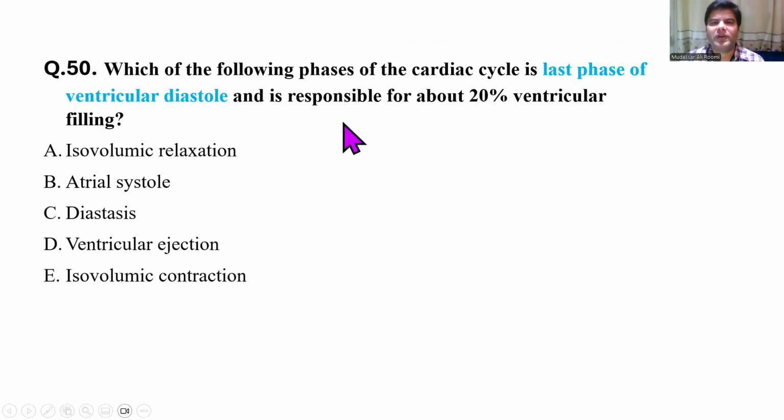Next question is, which of the following phase of cardiac cycle is last phase of ventricular diastole and is responsible for about 20% ventricular filling? And the options are A. Isovolumetric relaxation, B. Atrial systole, C. Diastasis, D. Ventricular ejection, E. Isovolumic contraction. And the answer is